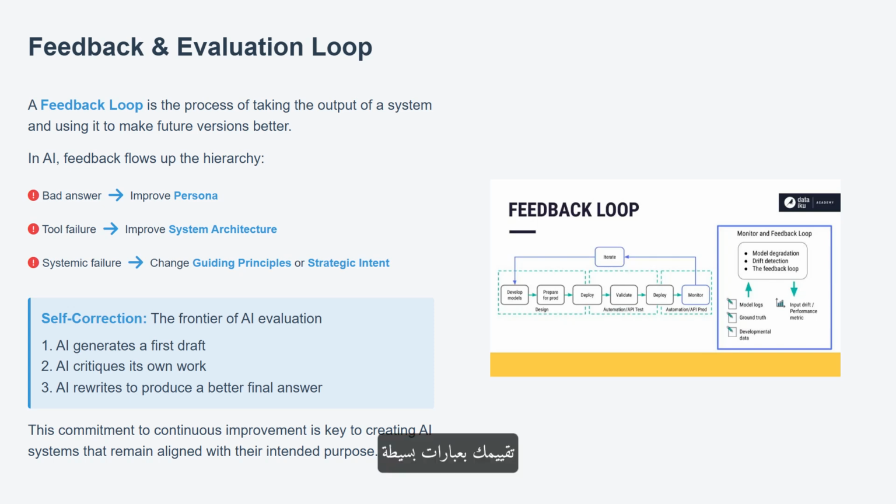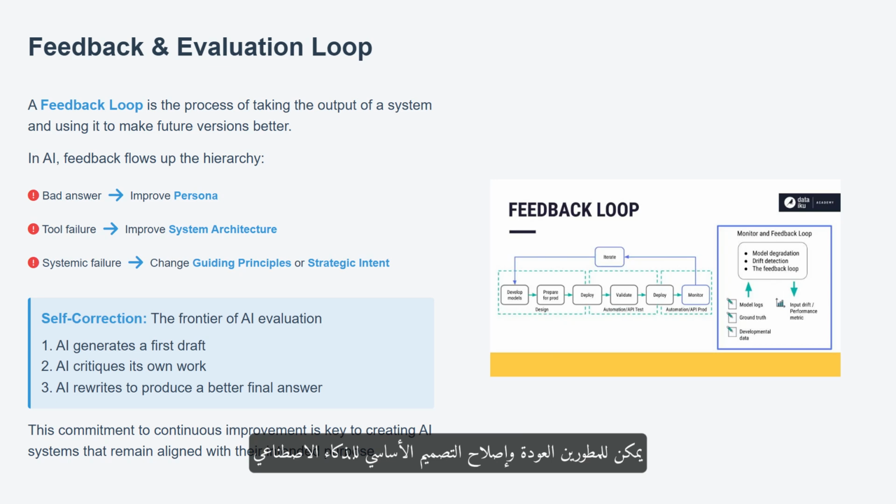Your assessment. In simple terms, what is a feedback loop, and why is it essential for creating a good AI system? A feedback loop is the process of learning from successes and failures. It's essential because no AI is perfect at first. By collecting feedback like user complaints or technical errors, developers can go back and fix the AI's core design, making it smarter, safer, and more useful over time. It allows the AI to evolve.